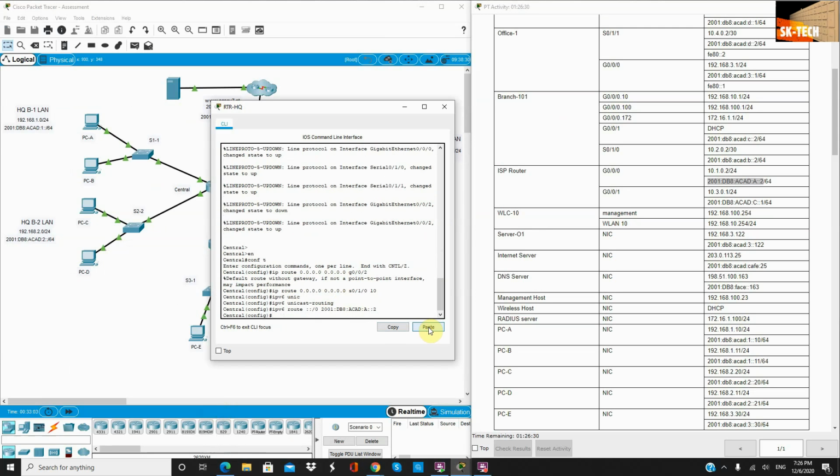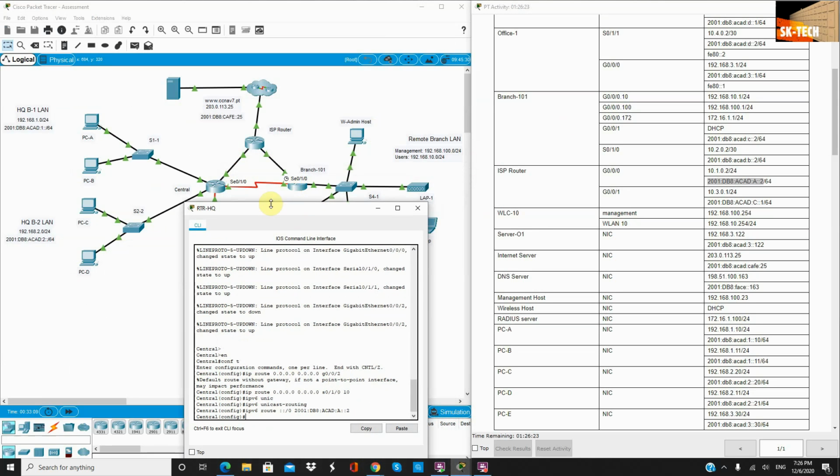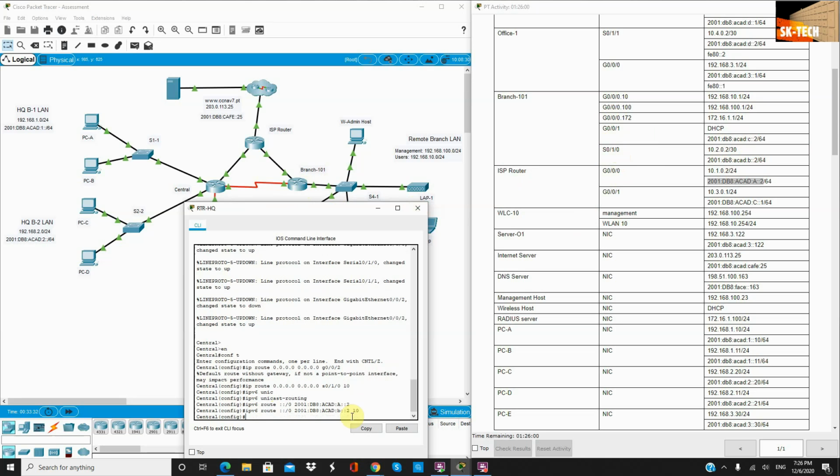And this is the preferred via Ethernet link, and for the backup should be via serial. The backup for this is the interface branch 101 S01. This is the interface, so the difference is only B, so I will use the same, but I will just change B from here, and the administrative distance is 10. We have done with the